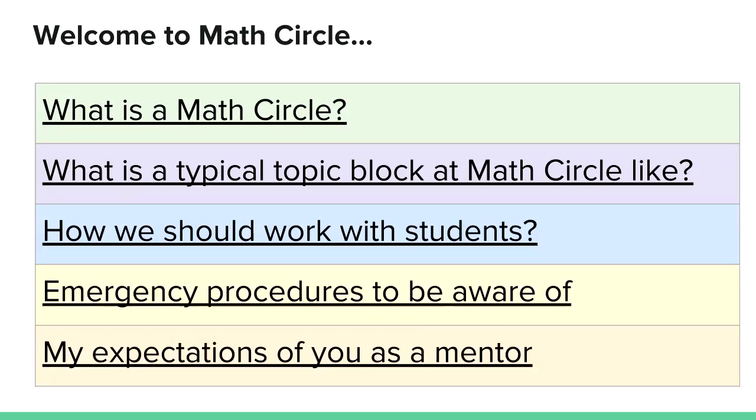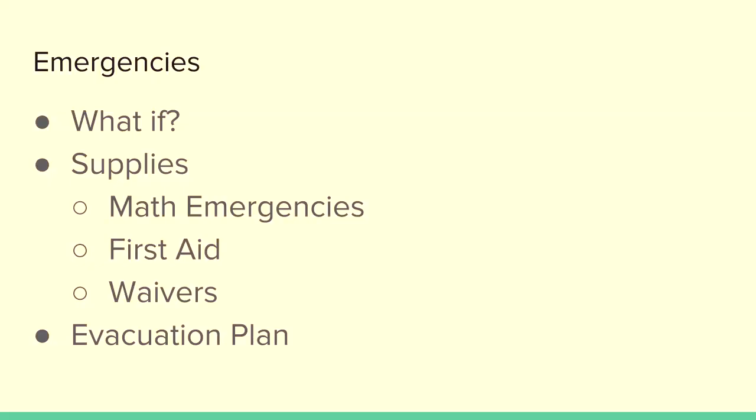Okay. So I've scared you a little bit about working with students by being so blunt about the buddy system. What are some other things we want to start practicing and thinking about to just be aware of when we're talking about emergencies or processes of working with students, children? As we've thought about this in previous trainings, we've ended up thinking about 3 clear things. The first possibility is just what if.